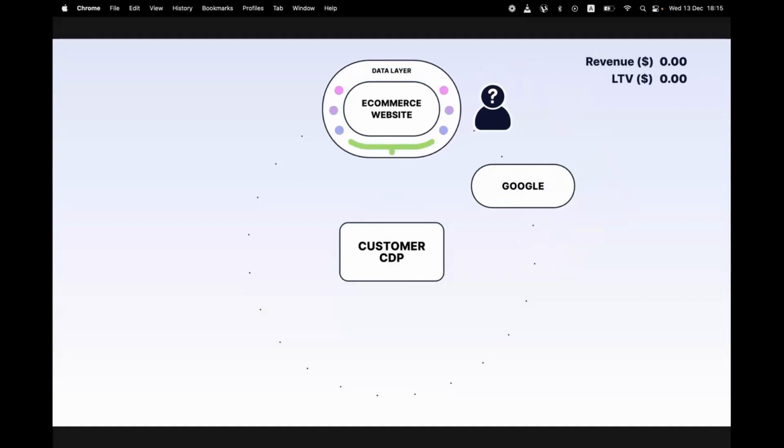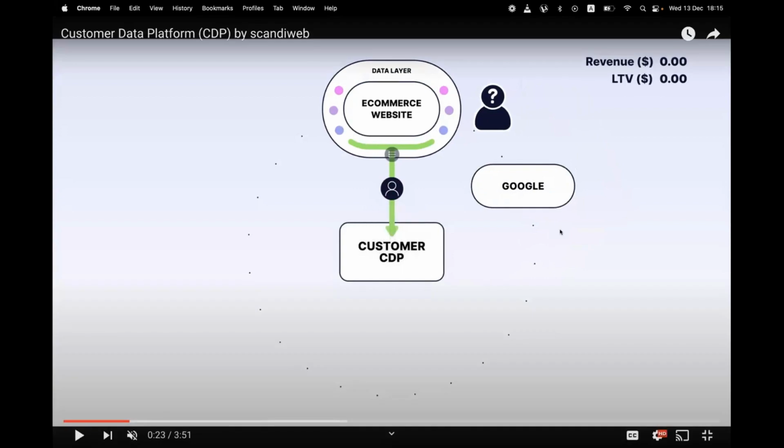Do they purchase? No. And a new participant, new actor on our board, data layer. Data layer is a system, a framework that captures all this data and pushes it further to the customer CDP. So the customer CDP now creates a new record. We don't know who.